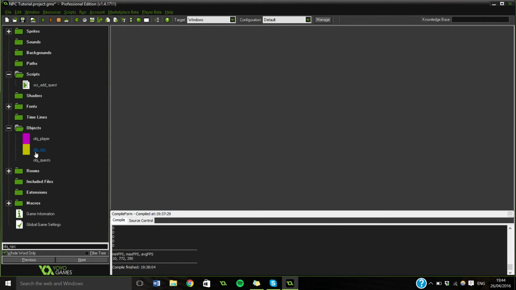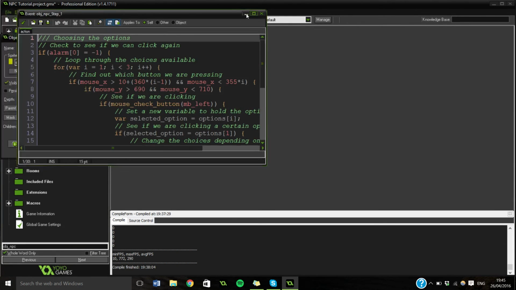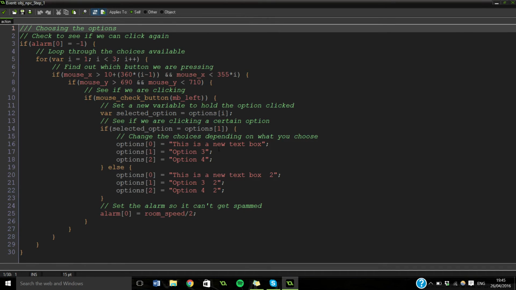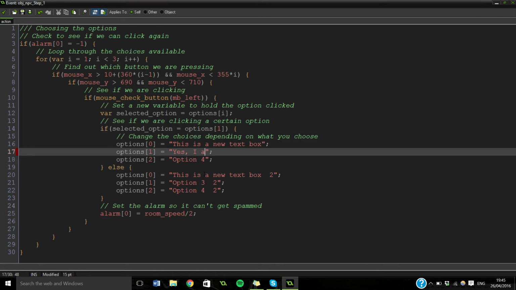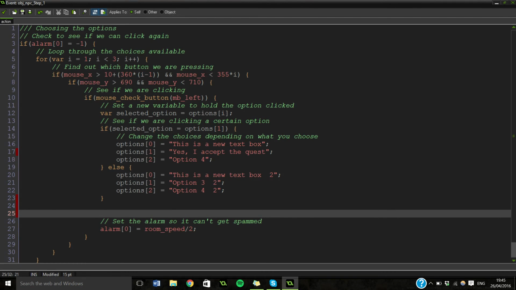So now what we need to do is go into our NPC and make it in the step event, the choosing the options, so that instead of option 3, we're going to change it to yes, I accept the quest. And now underneath this, yeah, here we're going to say if selected option equals options 1, so that's yes, I accept the quest,